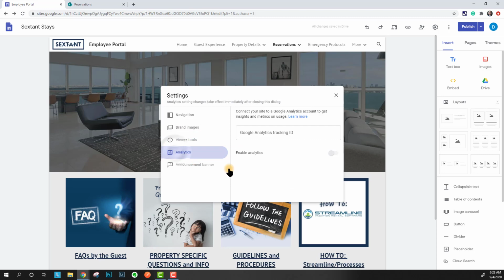Viewer tools, you can connect up your Google Analytics. So if you wanted to see behavior of who's using what pages, you could actually put in your Google Analytics tracking ID for your actual Sextant Stays domain that you use for your normal website. You could also put this in as a subfield, like they have for like YouTube channel and other stuff. You could put that in. You could actually see who's viewing what. That would take a little bit more work that you could have somebody figure out, which would be